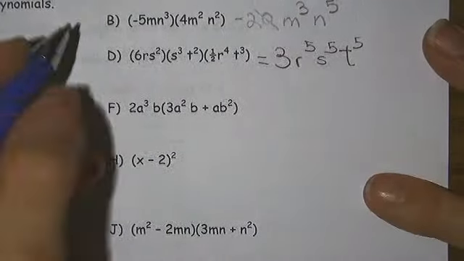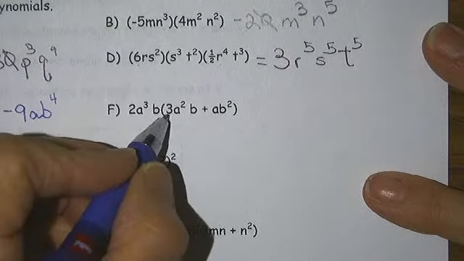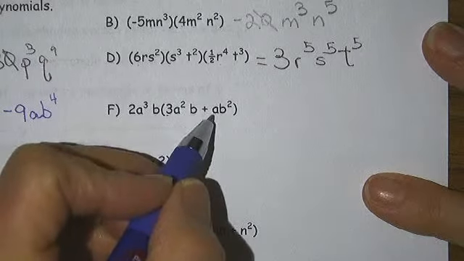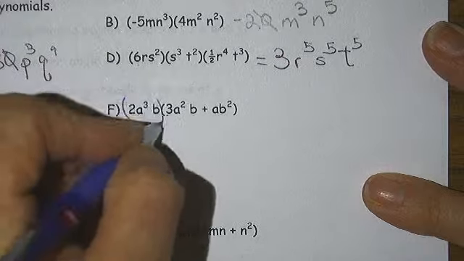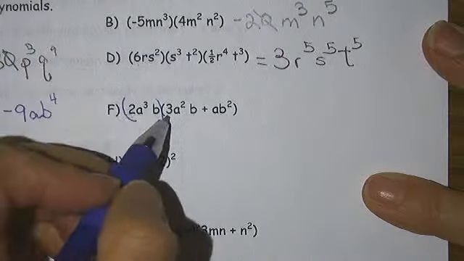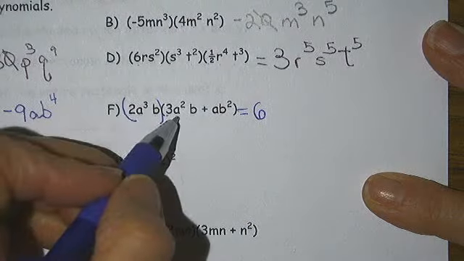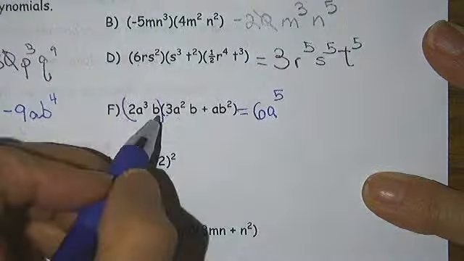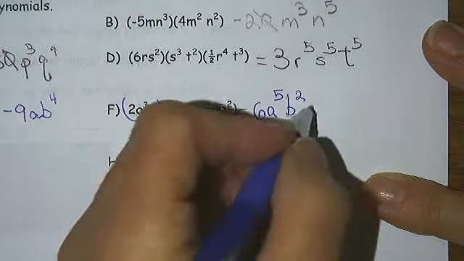F. Again, we have 2a cubed b times the quantity 3a squared b plus a b squared. So we apply the distributive property. 2 times 3, 6. a cubed times a squared, a to the fifth. b times b, b squared. Plus